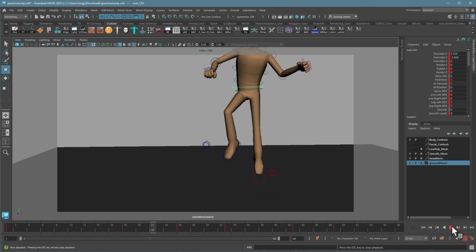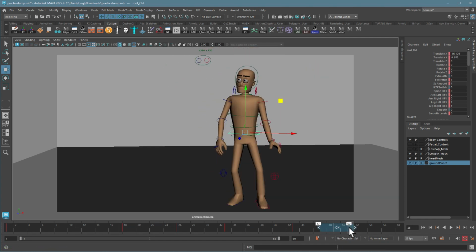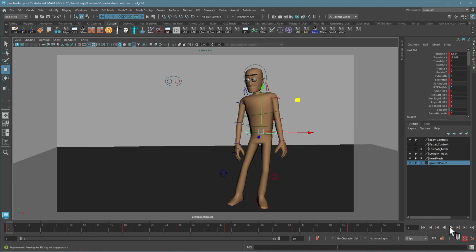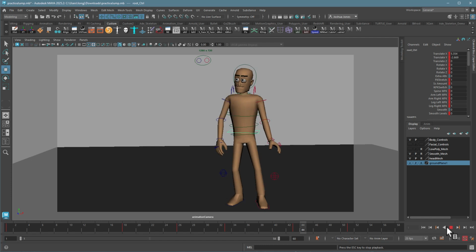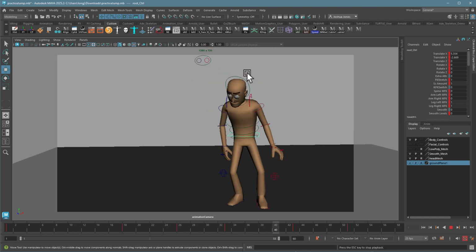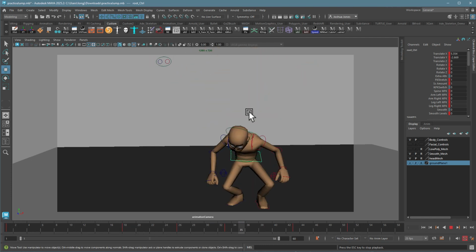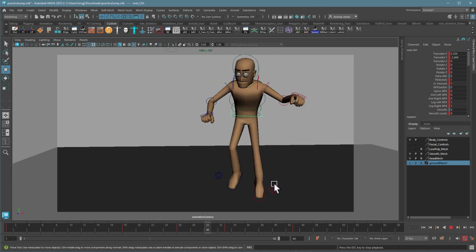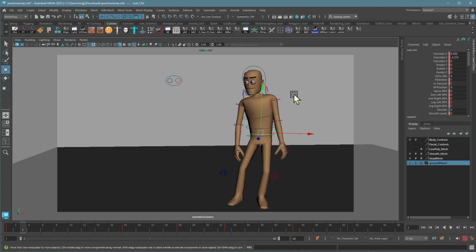It still feels a little abrupt to me, but the idea is good. I'll just give it a little bit more time, soften it just a little bit. There we go. So we're getting good flexibility in the back, nice overlap on the legs. Let's keep going. So the neck I'm okay with